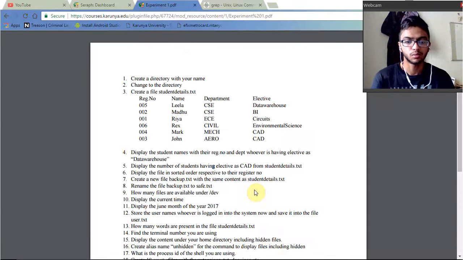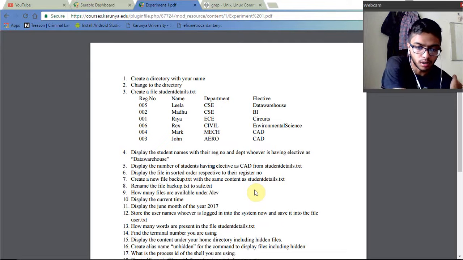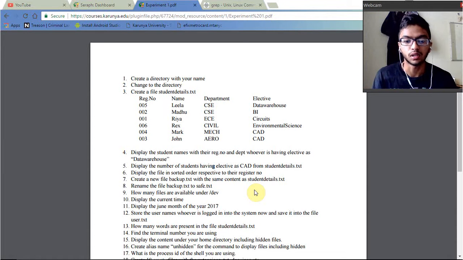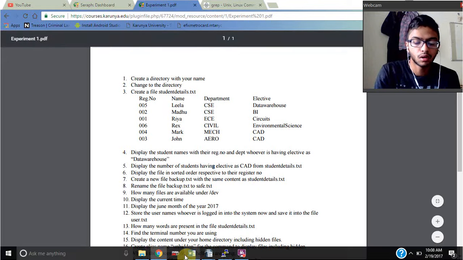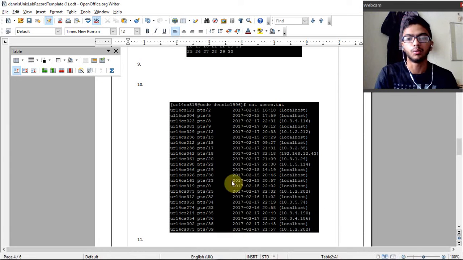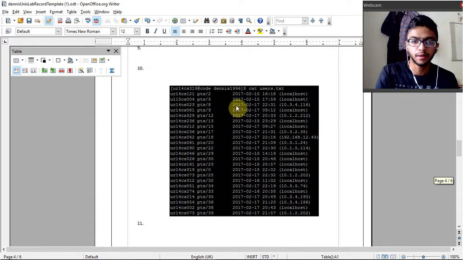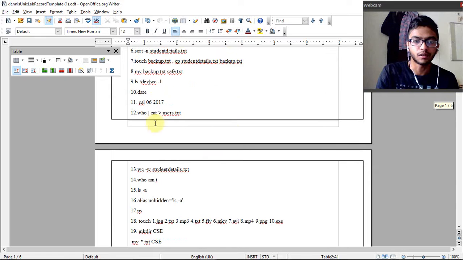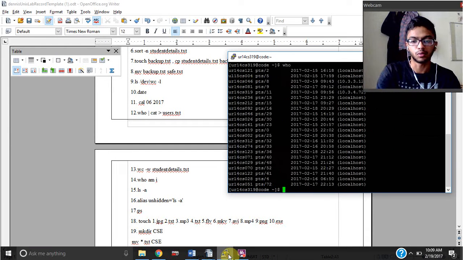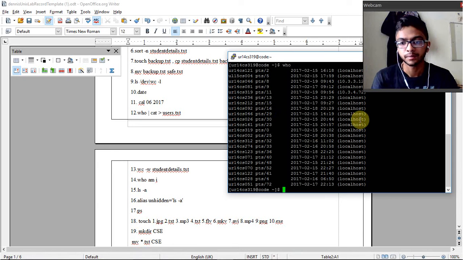Moving on to the next question, we are told to store the usernames of whoever is logged in into the system now and save it into the file users.txt. Okay, so to do that, we first have our command who pipe cat greater than users.txt. So who would display who's logged in to that system at that time. For example, if I type in here, we have a list of all the current people logged into the system,